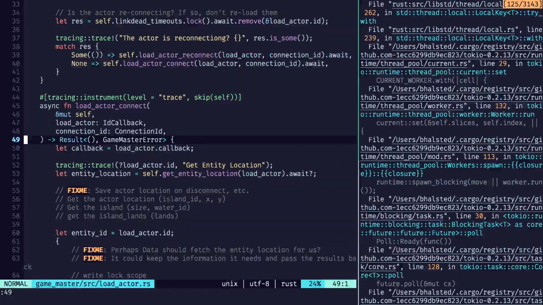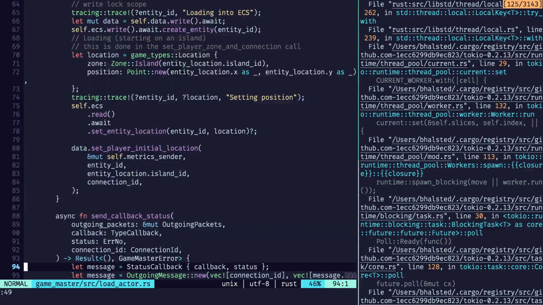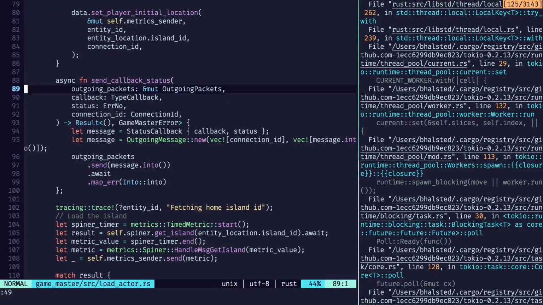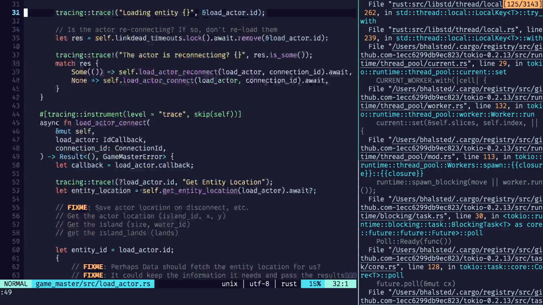That goes to line 80. You're going through here. 80. This point. And I think at this juncture here, the load actor connect is because